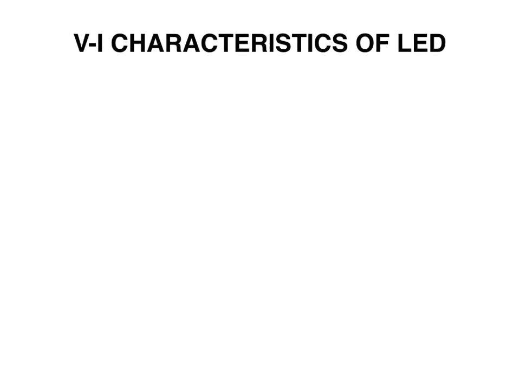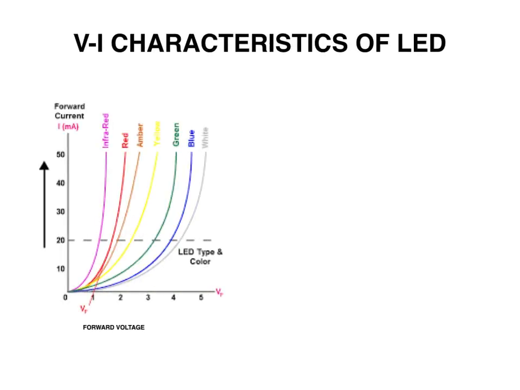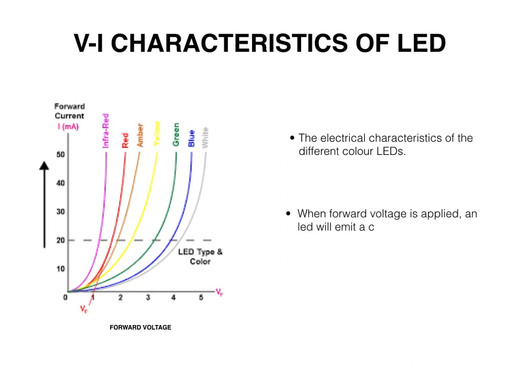Now let us have a look at the electrical characteristics of different colors of LEDs. It is very similar to the PN junction diode. The curve shows that the current flowing through the device depends on the forward voltage and thus generates light through the diode. As you can see in the graph, from the infrared to blue light, the forward voltage drop is increased.